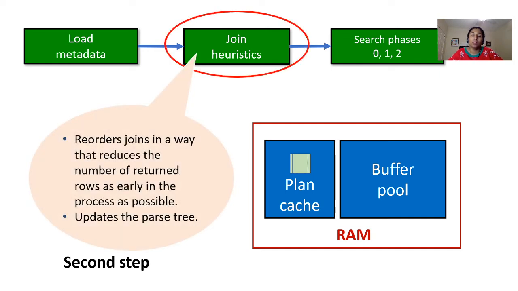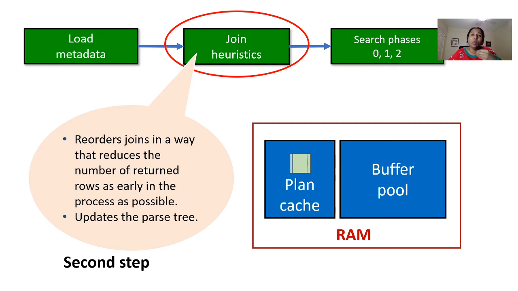Now I have described the join heuristic, the reordering of the join, in our previous slides, but let me discuss that one more time. For example, we have a very simple select statement with a 3 table join in it, right? The join between A and B will filter out 70% of the records from the result set, and the join between B and C will filter out 99% of the records from the result set.